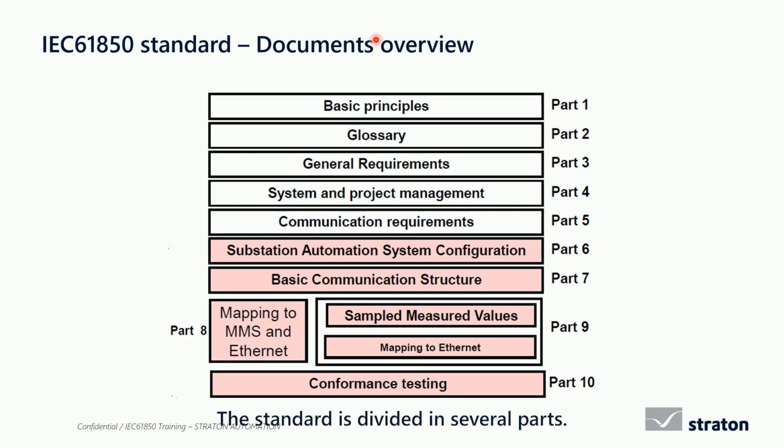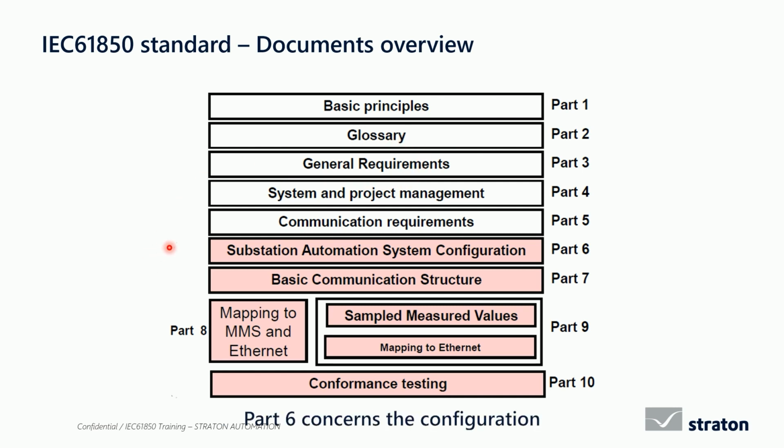The standard is divided into several parts, and sometimes parts are also divided into subparts. It represents hundreds of pages, but a few parts are more important than others. All of these parts, here in white, are really the basics about the IEC 61850. These are parts you will probably never read if you are simply programming an 850 application, except maybe part 2, which lists the different keywords of the standard.